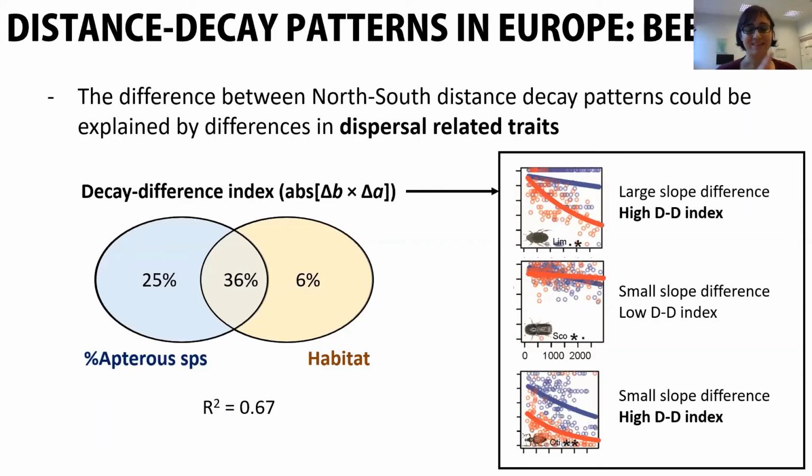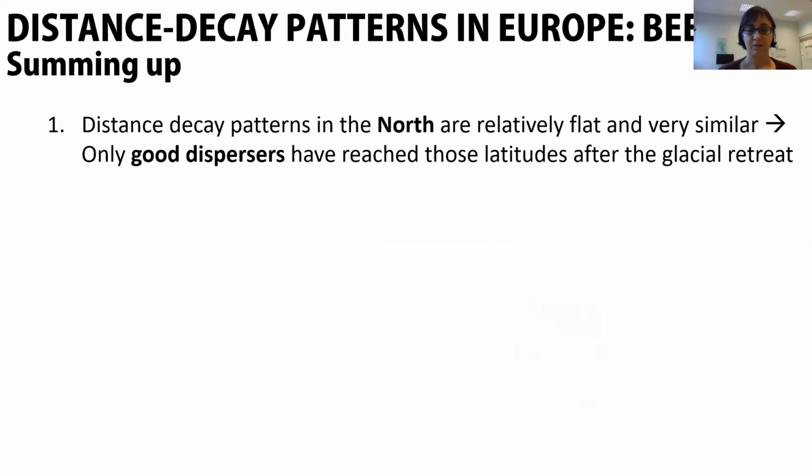hey. Just a side note: when we say we compared the distance decay patterns in the north and the south, we did not only compare the slope, we computed this index that takes into account both the intercept and the slope, because you can have the same slope with different intercepts, and that is actually quite a different distance decay pattern. So with this study,